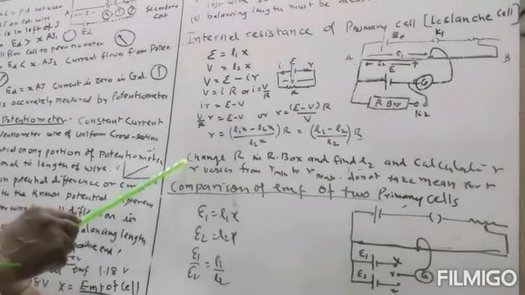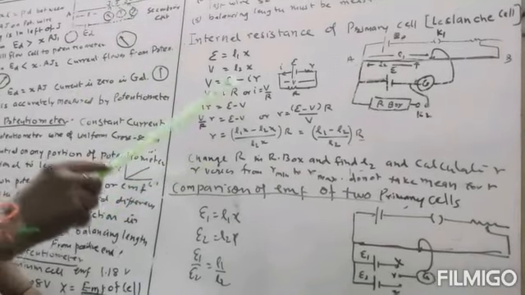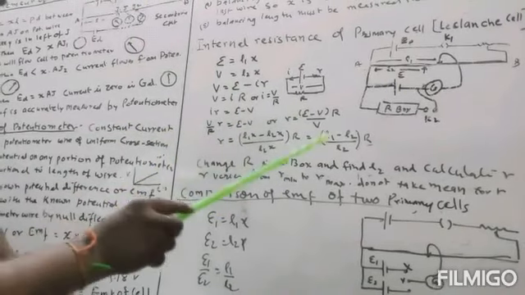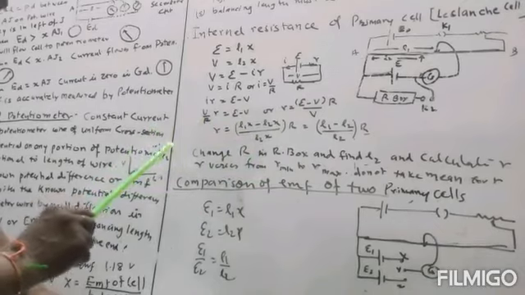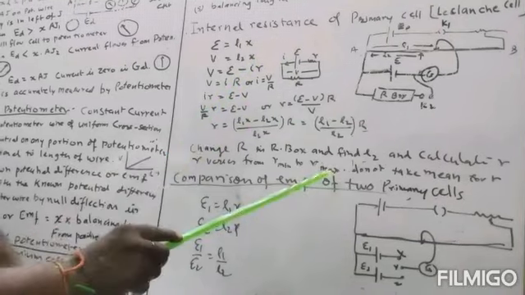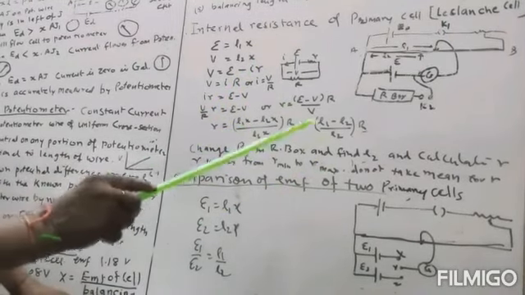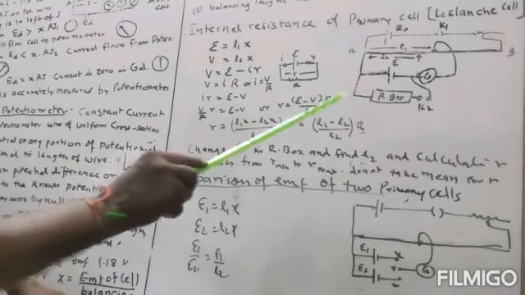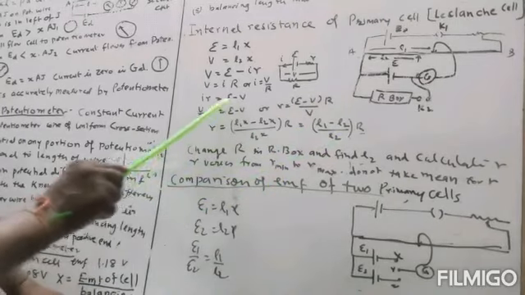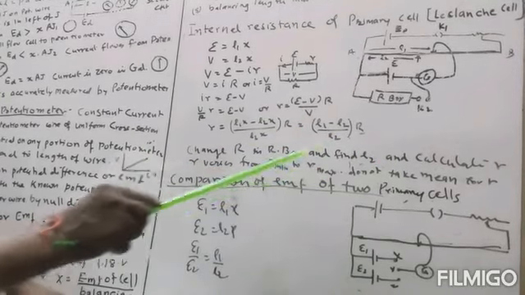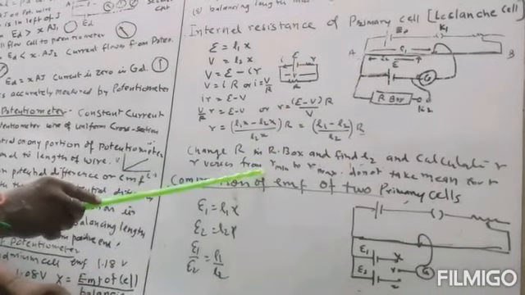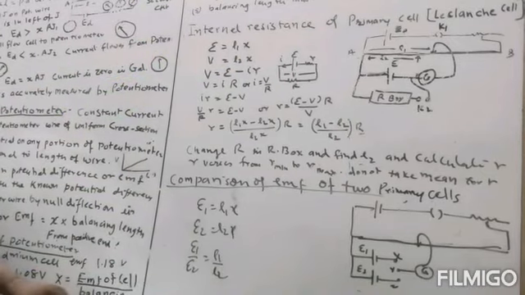Now it is important to note that the internal resistance of a cell is not constant. It varies from minimum to maximum value. So you should not take the mean value of the internal resistance. You should always write the answer as: the internal resistance varies from the minimum resistance which you have found from the 6 observations to the maximum. So in this way we can find the internal resistance of a Leclanche cell using the potentiometer.